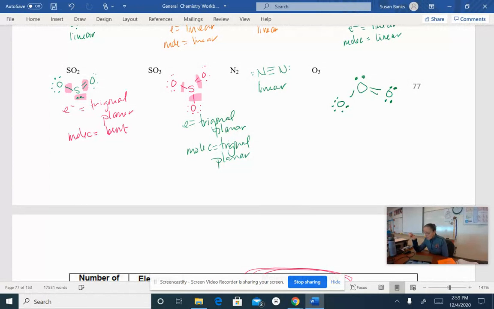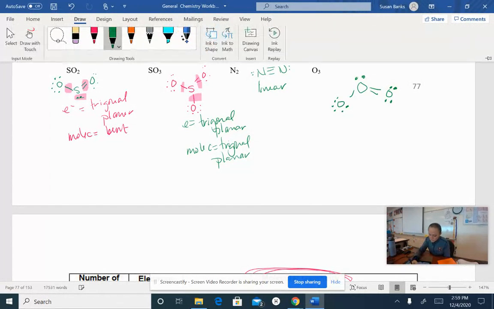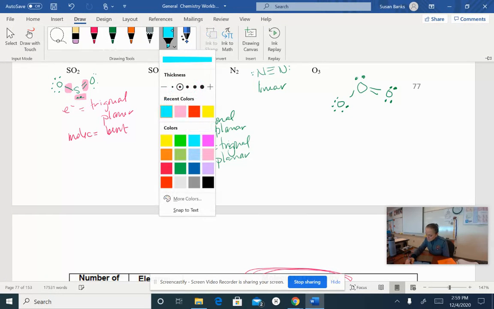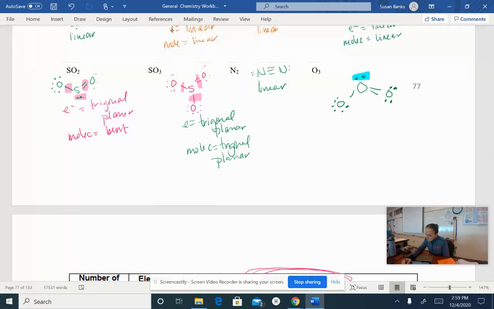And then I will also have a lone pair on the center oxygen. So that gives me 1, 2, 3 areas of electron density around that center atom, 2 of which are bonding, 1 is a lone pair. So if I look at my chart here,